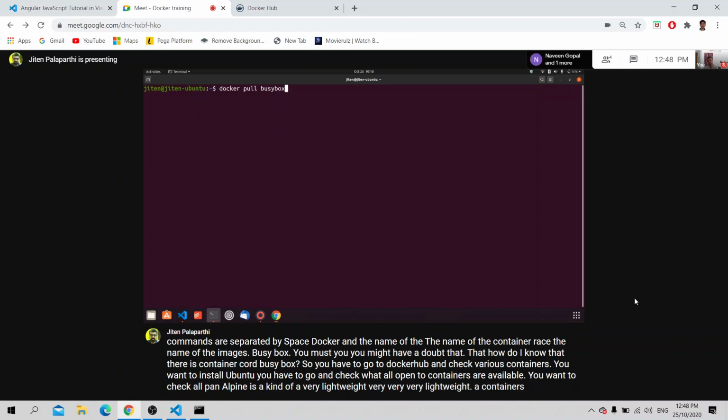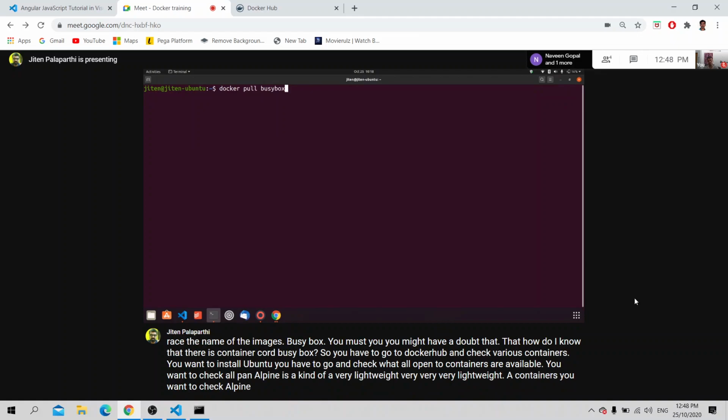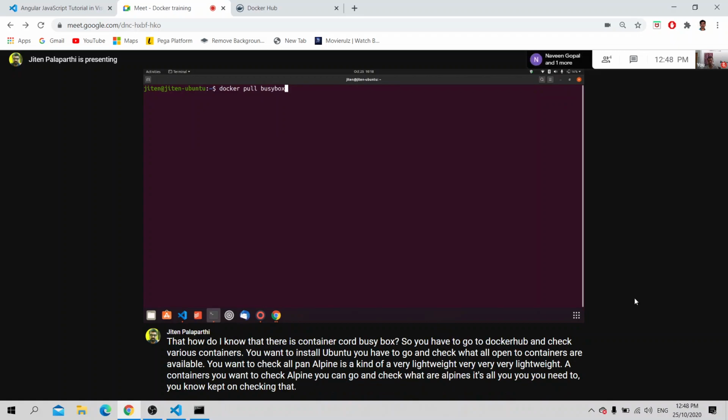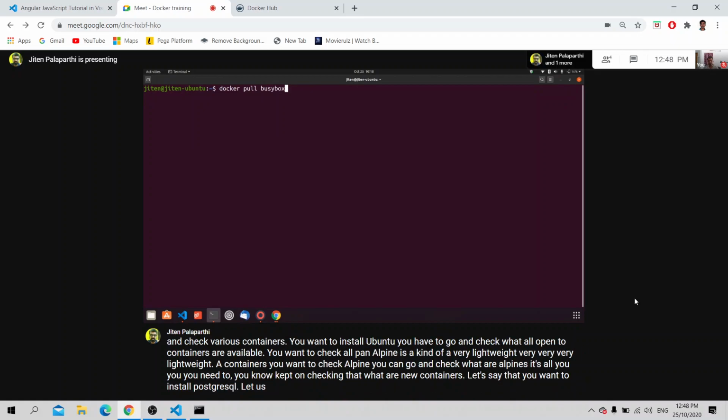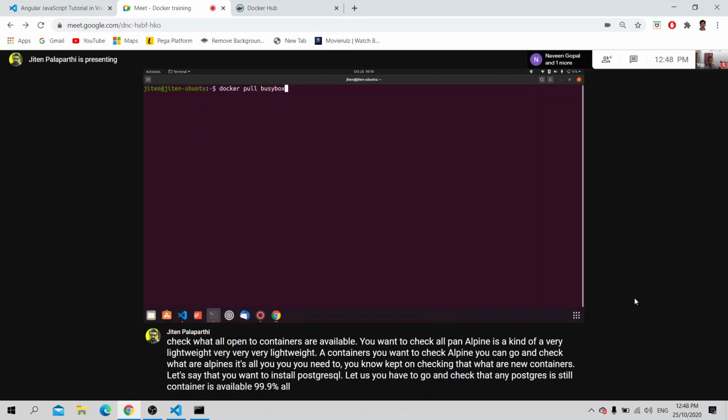You need to keep checking what the new containers are. Let's say you want to install PostgreSQL; you have to check whether a PostgreSQL container is available. 99.9% of vendors are creating Docker containers. It has become a de facto standard these days.